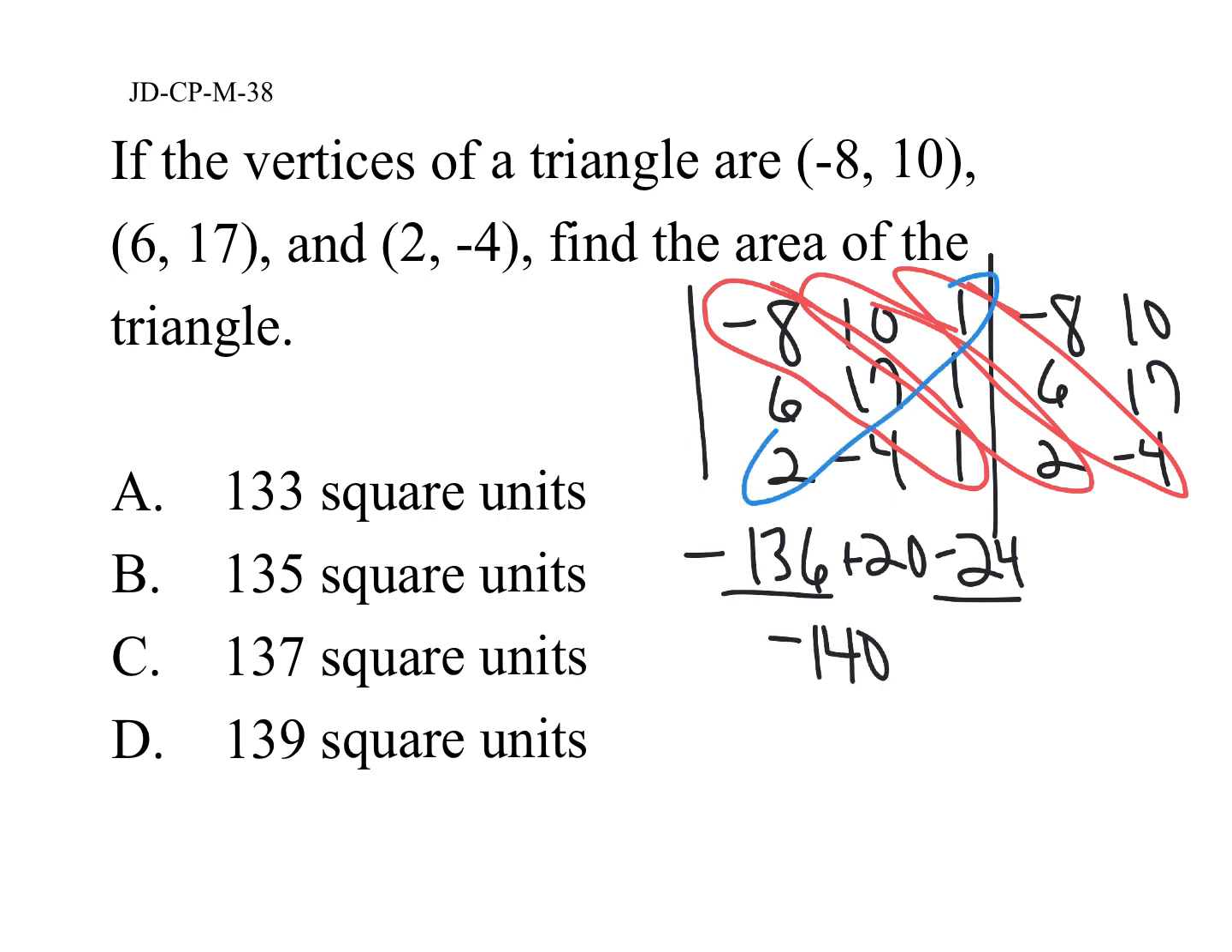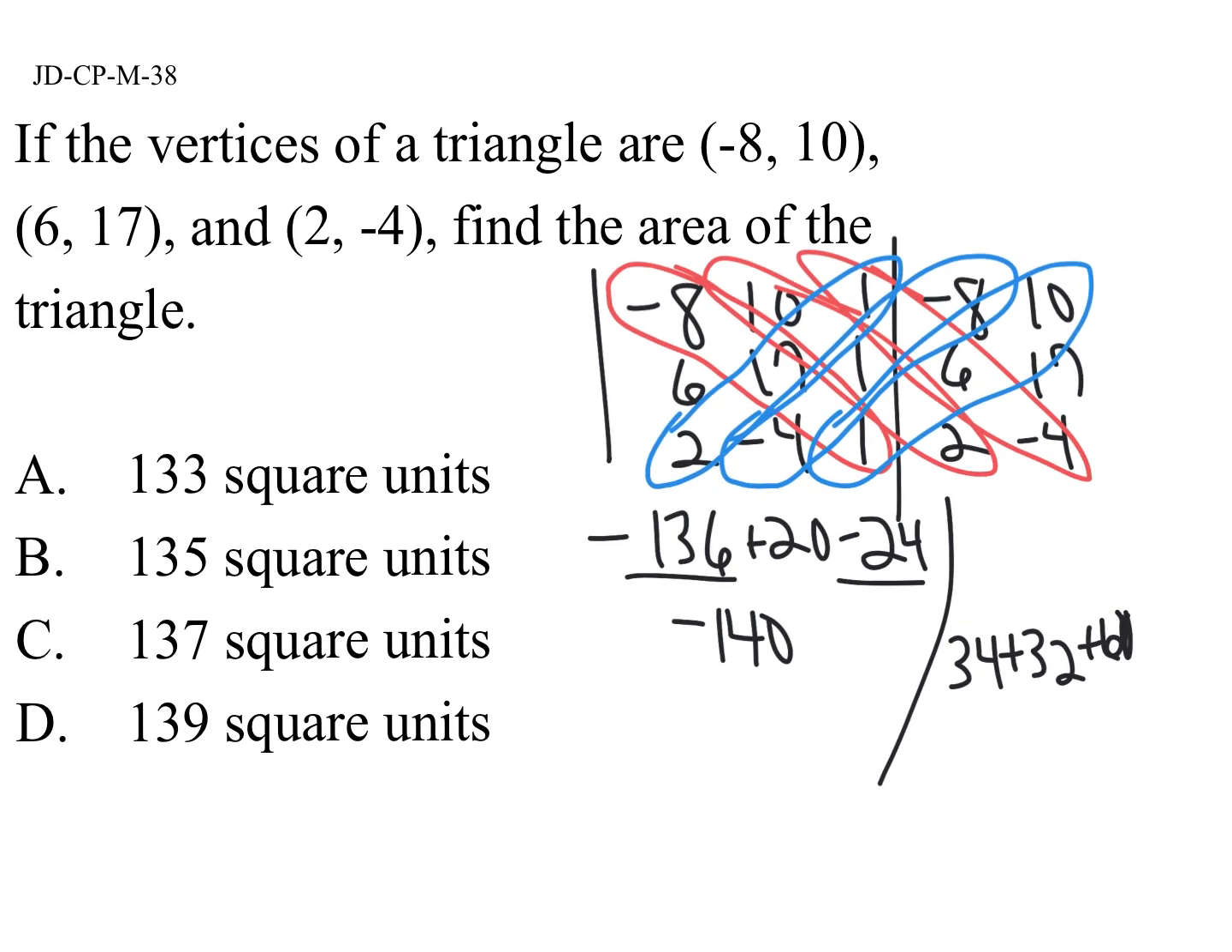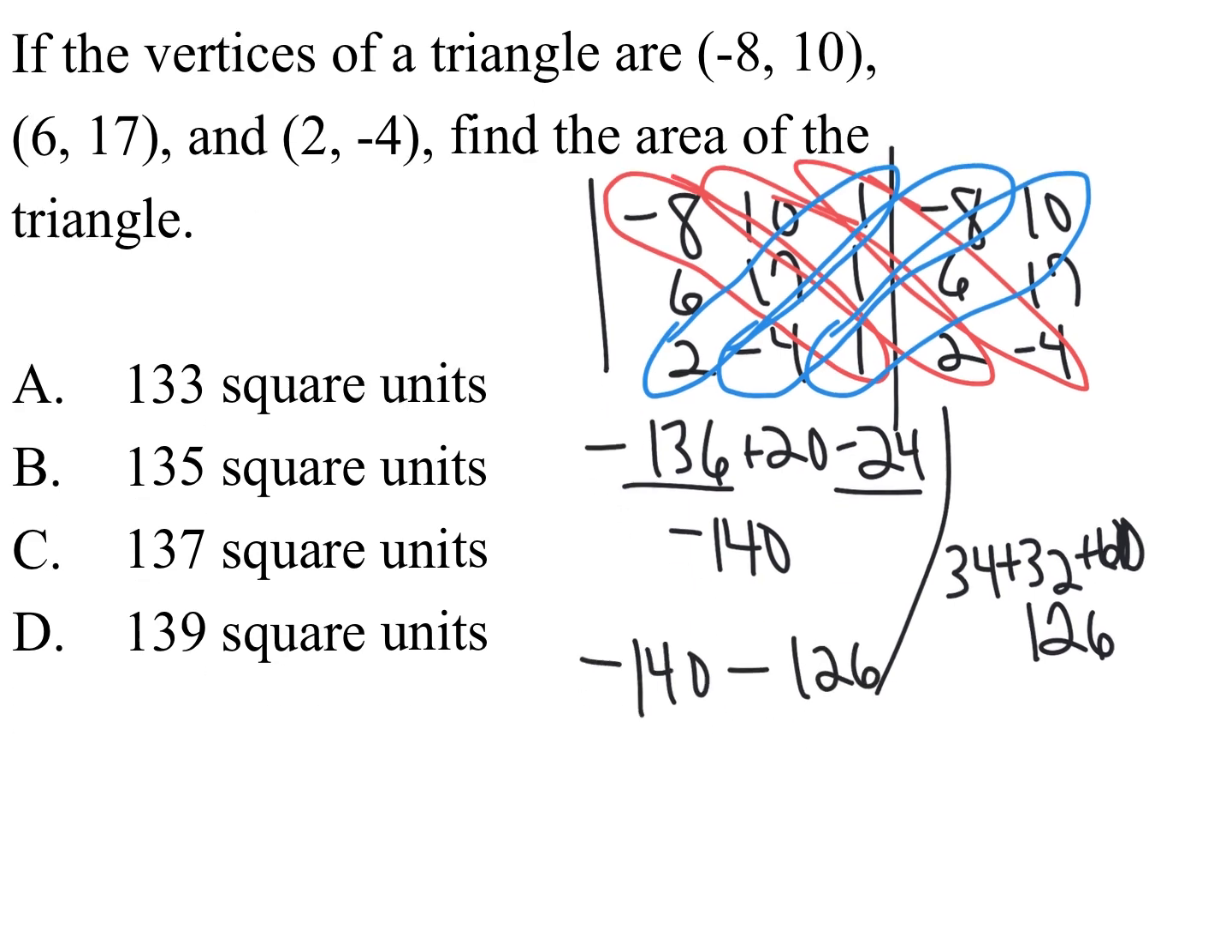And then if we come back the other direction, this would be 34. That would end up being plus 32 and plus 60. So that would be 66 plus 60 is 126. So we got -140 minus 126 would be